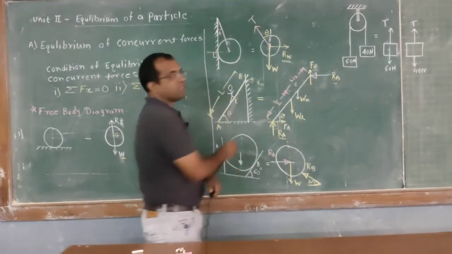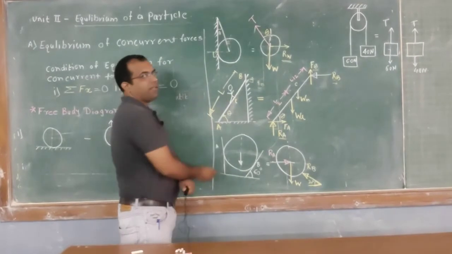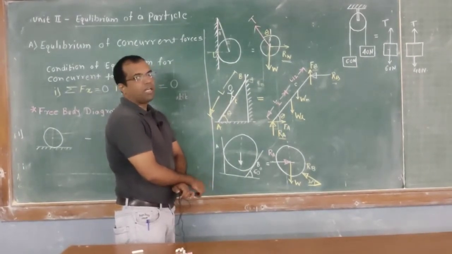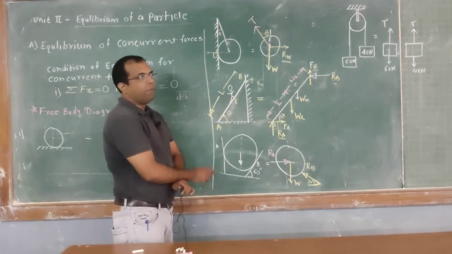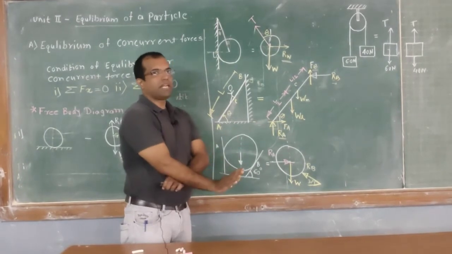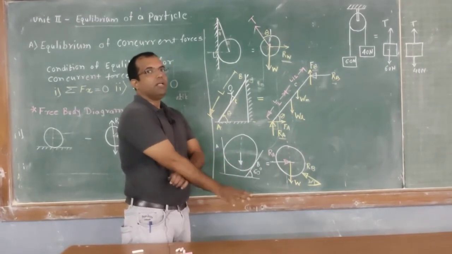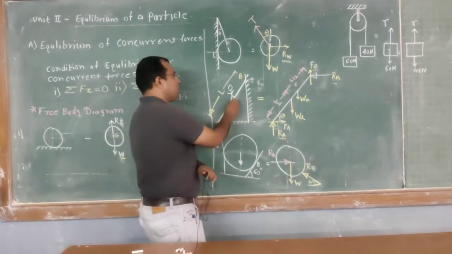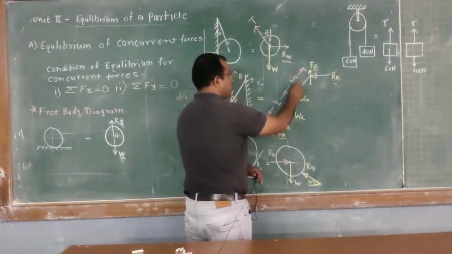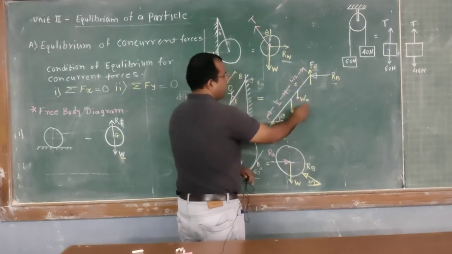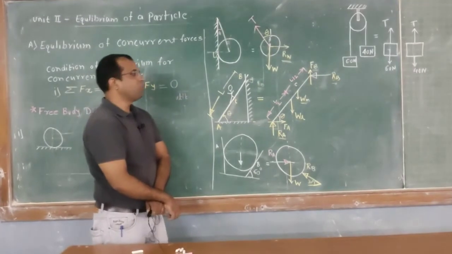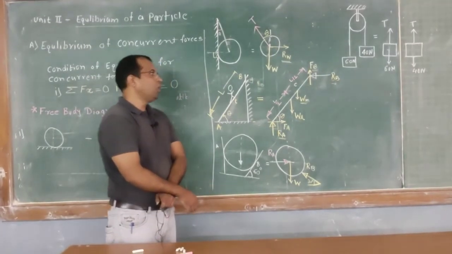Then another, this person is climbing on the ladder, therefore the weight of this person is also acting. It is always acting at the point below the foot, or where the person is standing. So at that point the weight will be acting. Here the person is standing at point C, so the weight of that person passes through point C in the vertically downward direction, that I have shown as Wm. Okay, that is the weight of the man, I have shown over here.